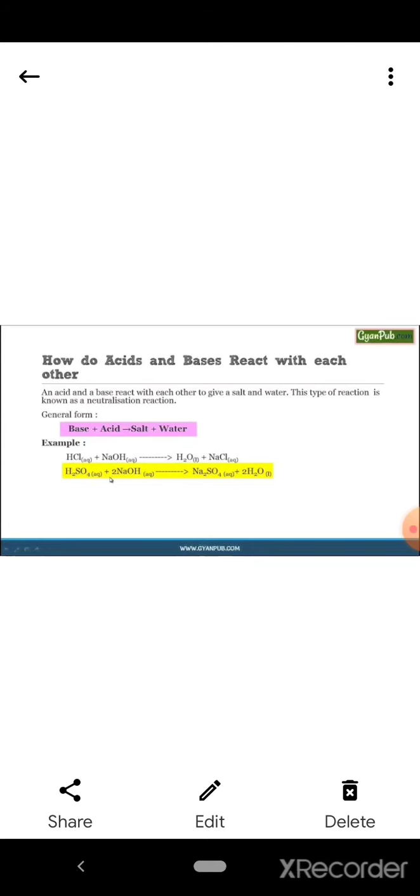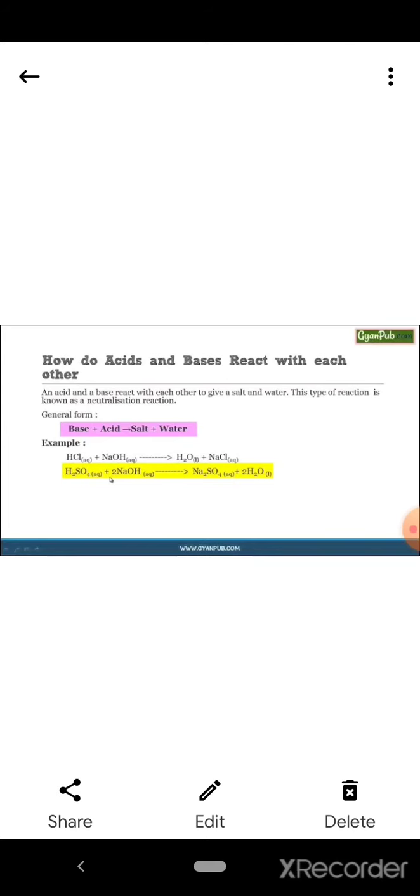Now add a few drops of NaOH solution to the mixture. Now see whether the pink color which disappeared is reappearing or not. It is reappearing. Now why does this happen? Because we have observed that the effect of a base is nullified by an acid. Means what? The reaction taking place here is what? NaOH plus HCl. Here HCl is reacting with NaOH to give H2O, that is water, and sodium chloride.